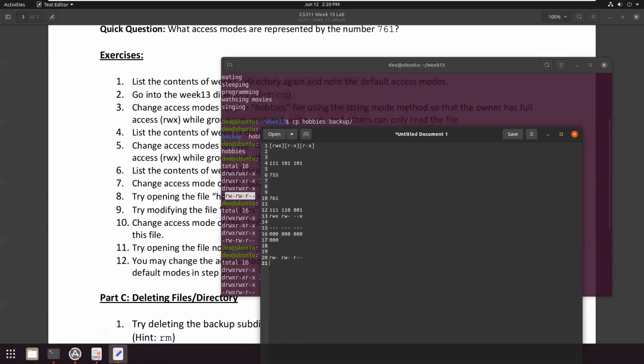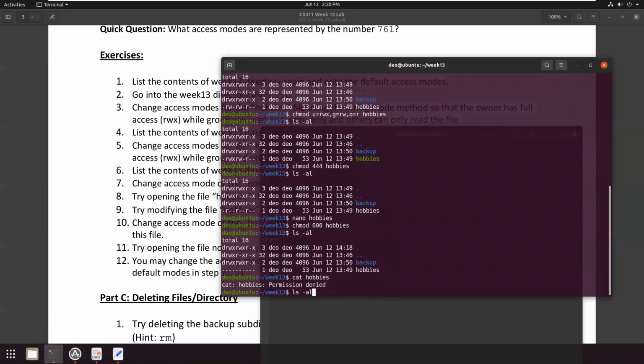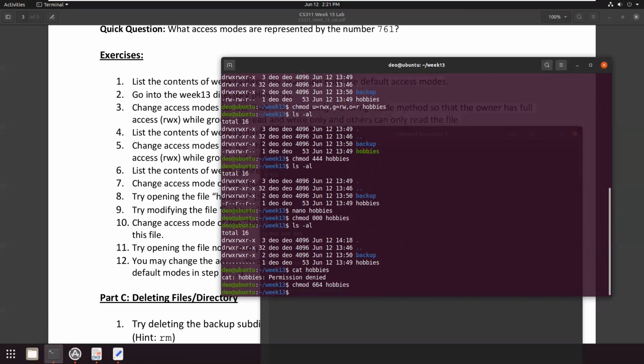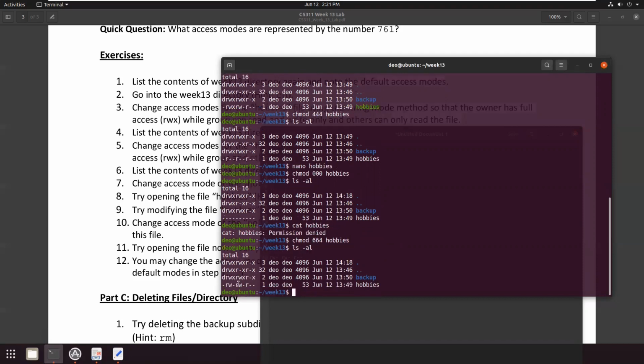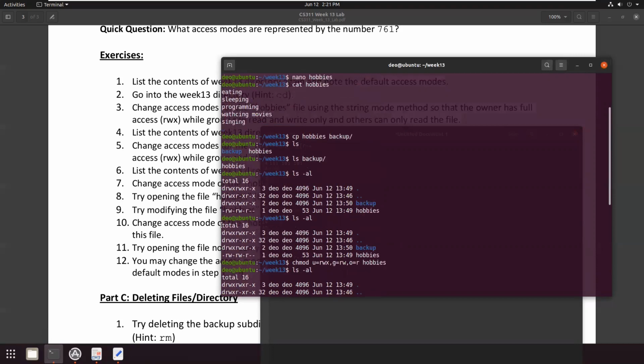So 110, then 110 and 100. So in decimal that would be 6, 6 and 4. So let's change it back to 664. Enter, and let's do ls -al again. So now we have the same permission as we had before over here.